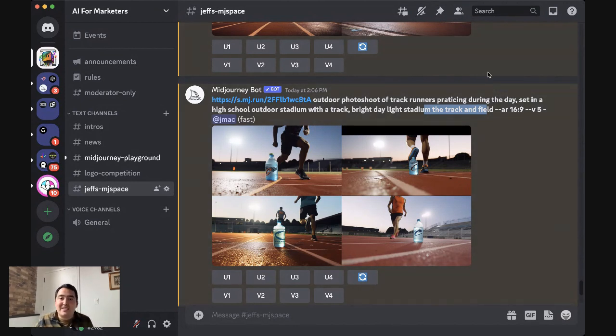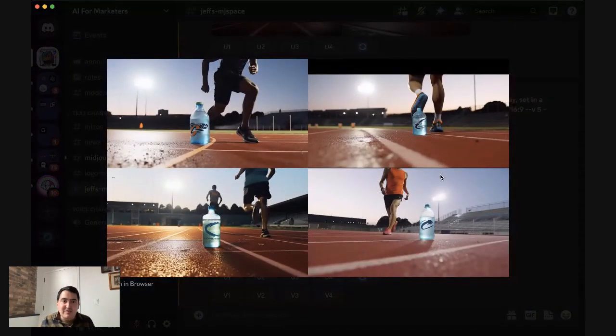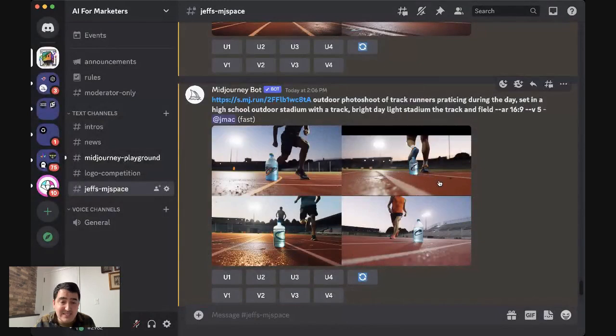All righty. So I'm going to jump back into the deck. This is really cool. This helps us understand a little bit about how version 5 works and how photo accurate it is. I hope you would all agree that these photos basically look real. They look like I went down to a track and stuck my iPhone on the ground and took some pictures of people running around. And it's pretty cool that we can do this now.